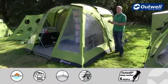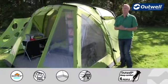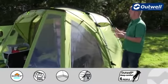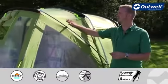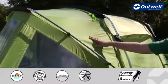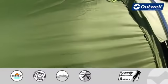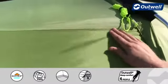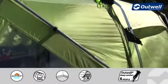Here I'm going to talk you through the features of our Malibu 5, which is from our combo collection. So the Malibu 5 is a 5-person tunnel tent, and with it being in our combo collection, you'll find that the fly sheet we're using here is our Outtex 4000 material. This is a polyester material which has been PU coated on the inside. All the seams have been fully taped, giving it a hydrostatic head of 4000mm, ensuring that it's going to be